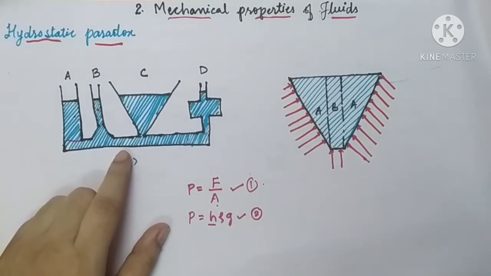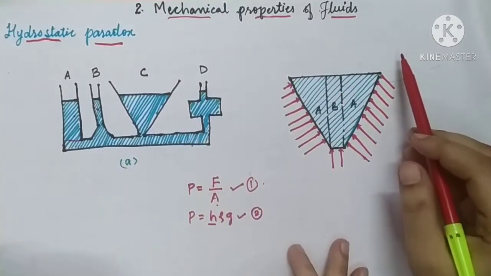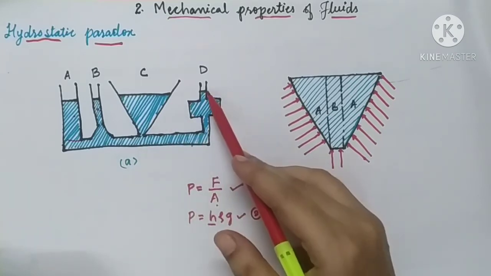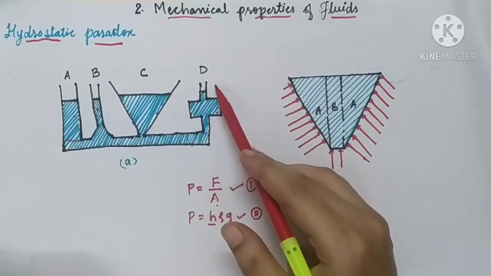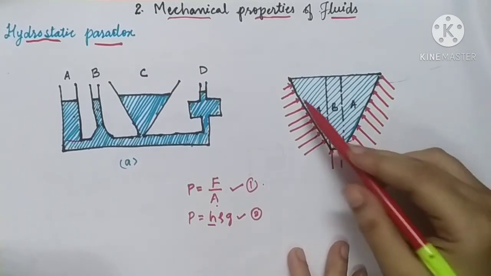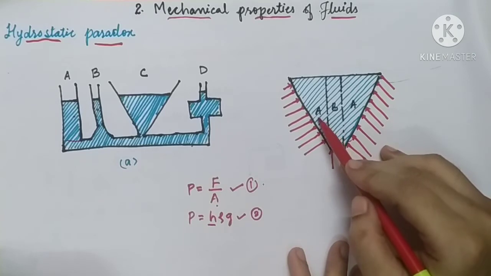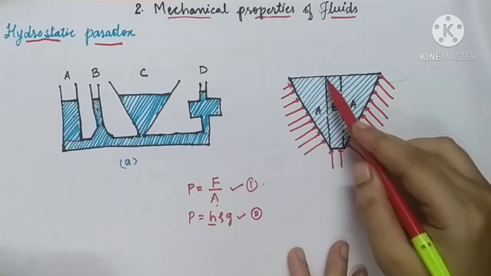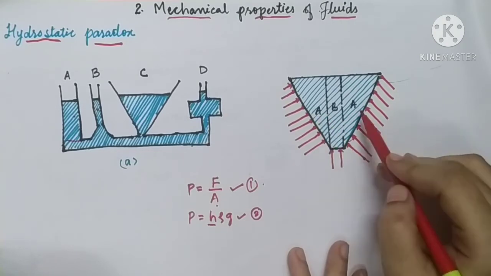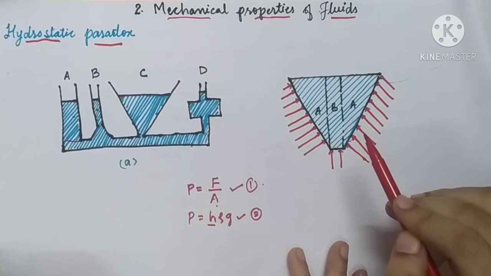It is actually not a contradiction. Let us consider the example over here. There will be a different pressure, but the rise of a liquid level as it is in a state of equilibrium. So see, here we have taken one container, and this container is divided into three sections. The middle section is called B, and the left and right sections are called A, because both are similar.